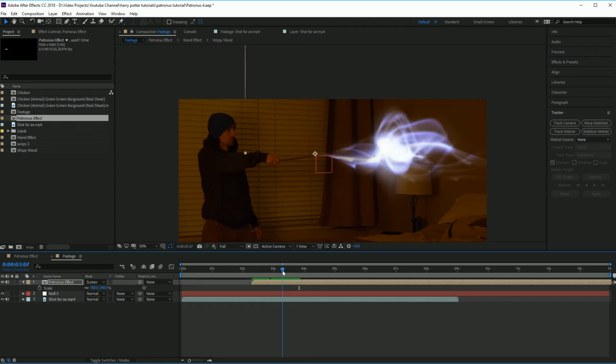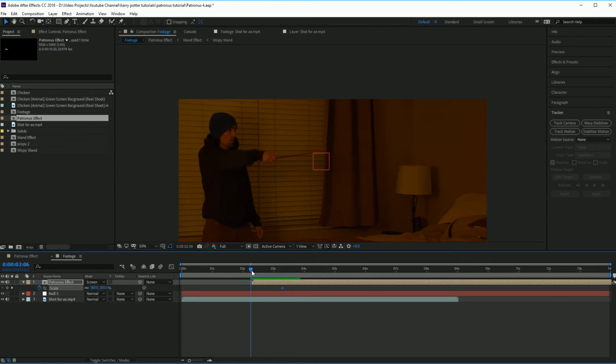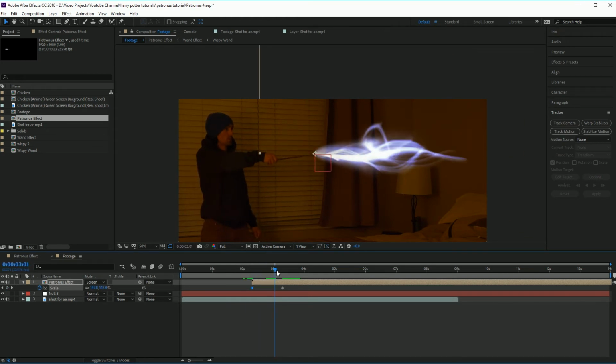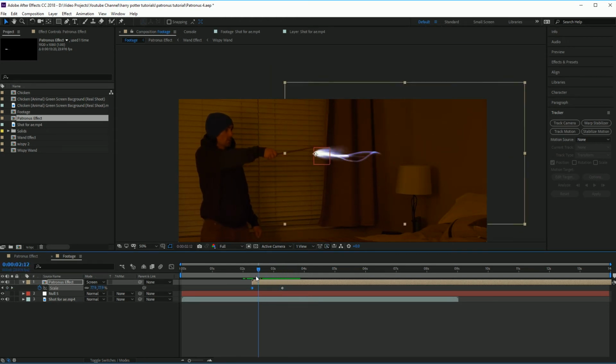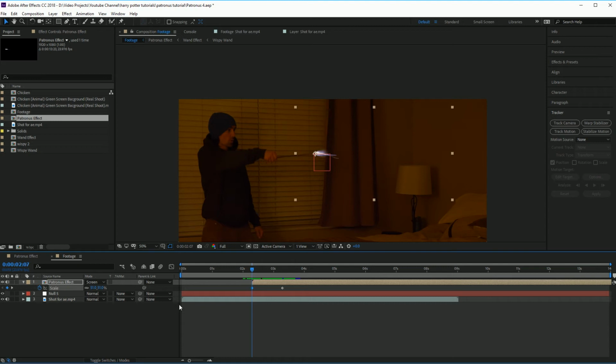where exactly we want it to get to its current scale. I think it would be good if it hit right there. We're going to hit the stopwatch, and then we're going to go back, and we're just going to bring it down, make it a bit smaller, so it looks like it's just starting off from the tip of the wand. That looks pretty good to me. So now what we'll do